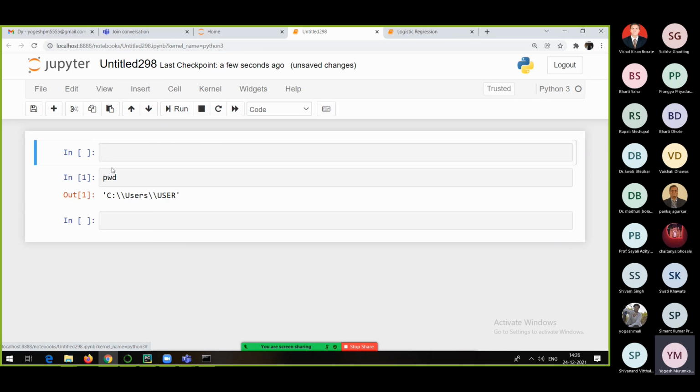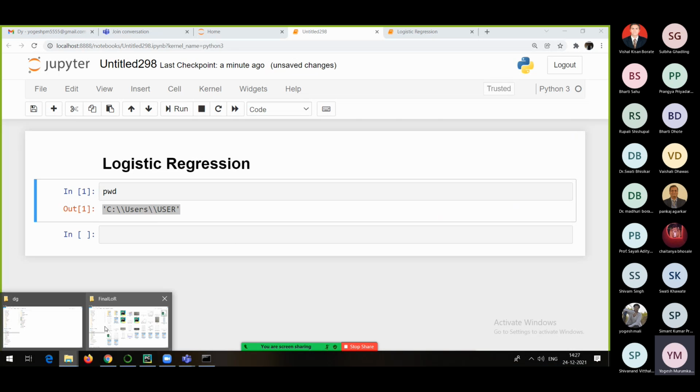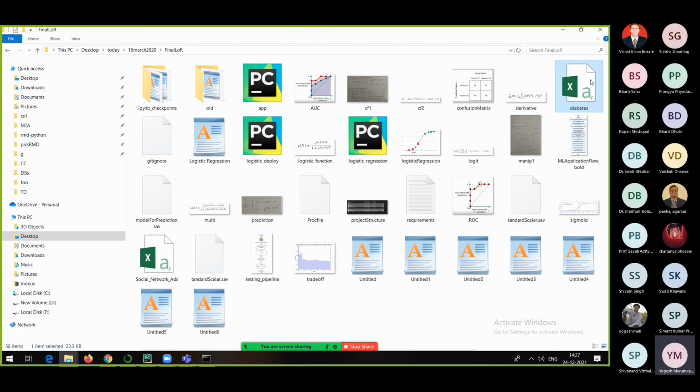So this is what we want to see step by step. Now I will go to my working directory and just make sure that the diabetes.csv file is present in it, the same thing which we saw in the case of linear regression.